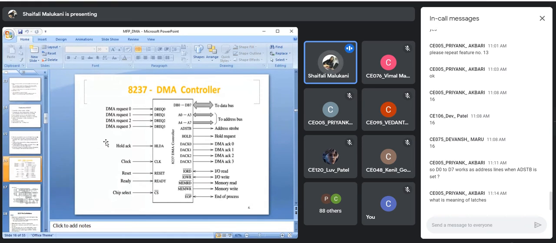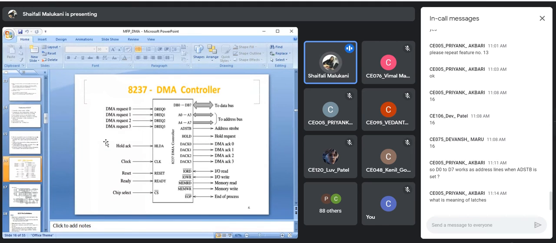Now the latch is enabled. That's why data is stored. Suppose my input is changing. Even though the input is changing, because my previous data is latched, my output will not get changed. So now I am free to use my D0 to D7 as data lines. Otherwise, suppose I am not doing so, if I change my data, my address will get changed, right? My address line contents will get changed. That is the problem that will take place.